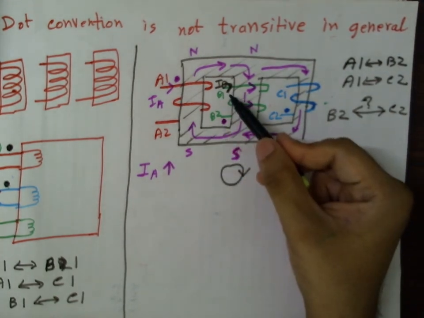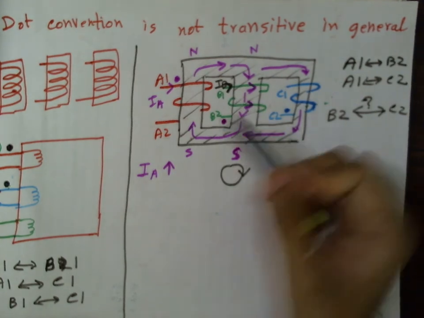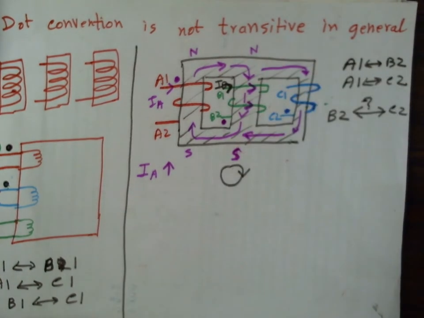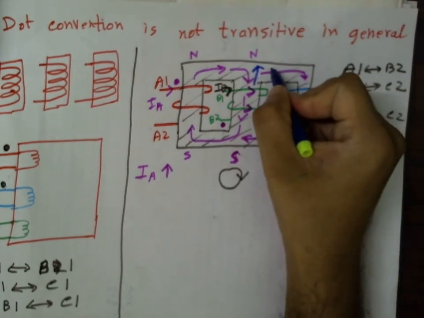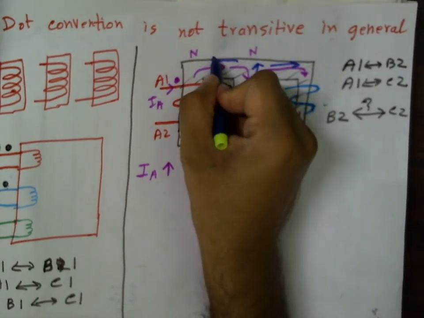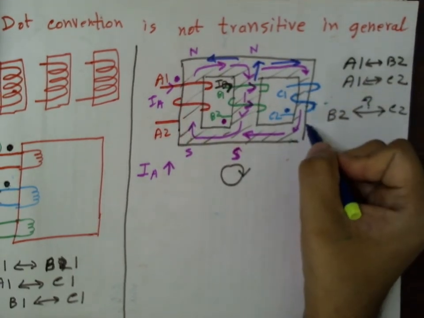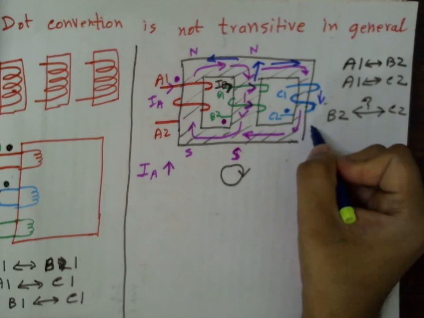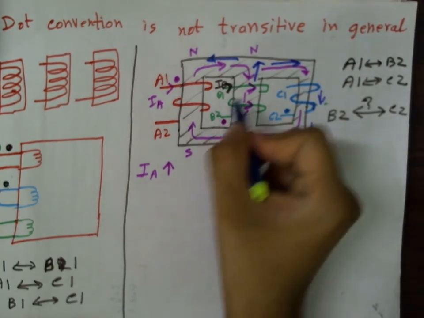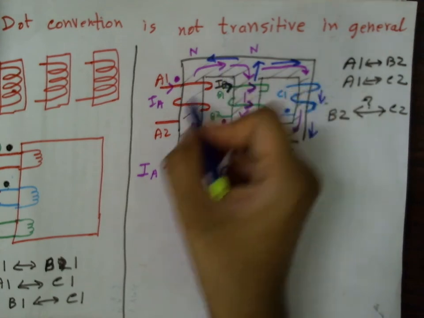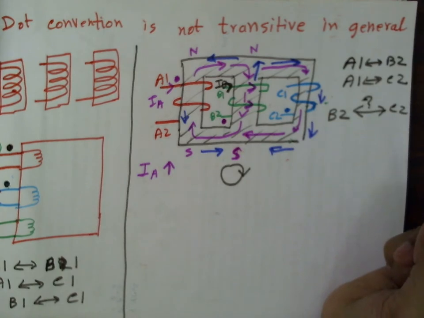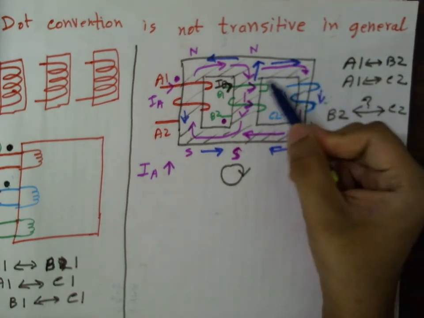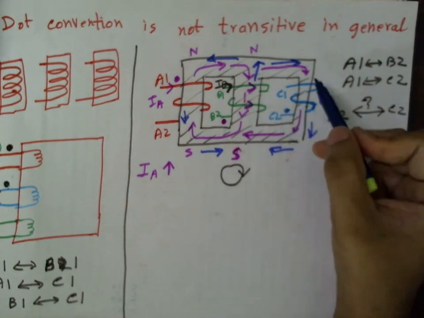When IB is in clockwise direction and increasing, then the flux, let me use a different color, the flux comes out like this and then goes like this here in the opposite direction, then it comes like this, but here in the opposite direction as before, unlike before, and it enters. Right? Now if this flux is increasing because IB is increasing,